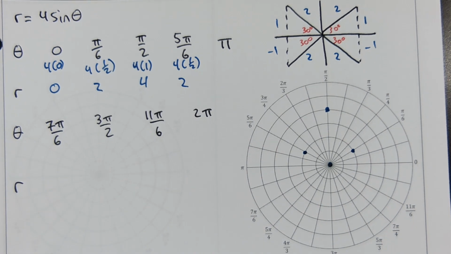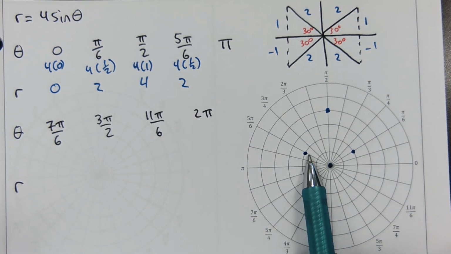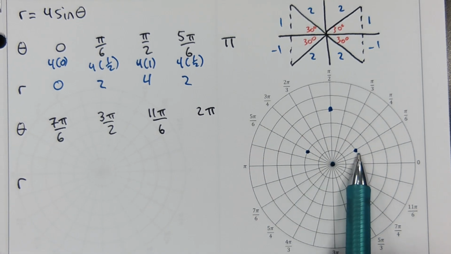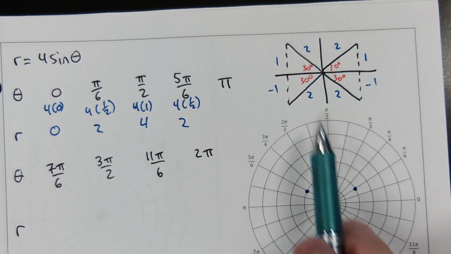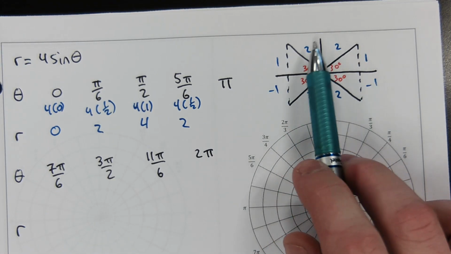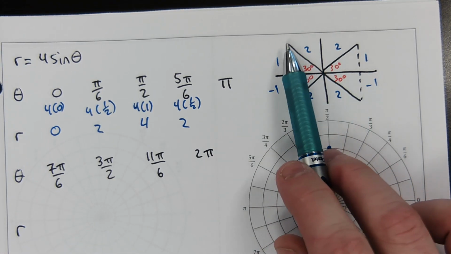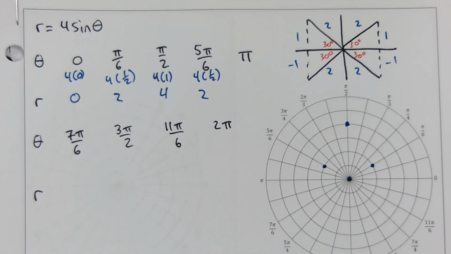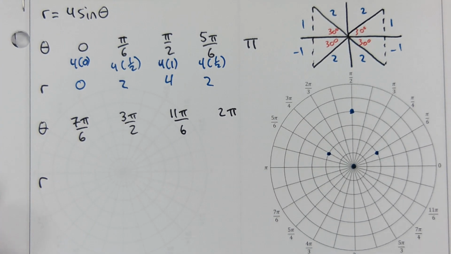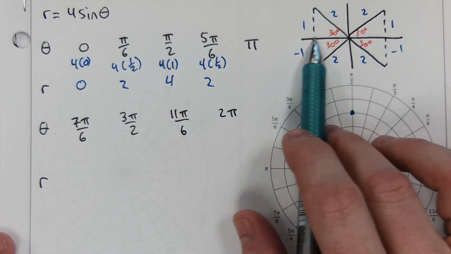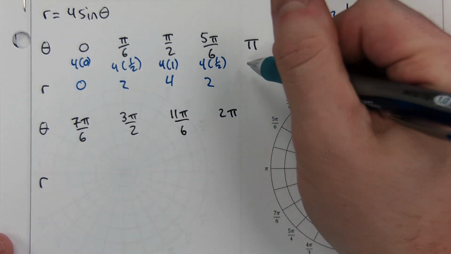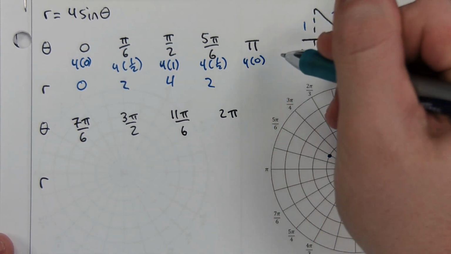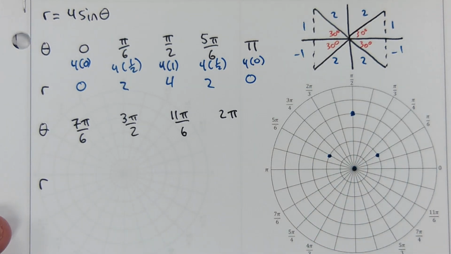It's not an accident, or coincidence, that that coordinate is a reflection of that coordinate, because around the unit circle those 2 dots would have been reflections of each other. Does that make sense? Okay, cool. And at pi, sine of pi, once again, when you're on this horizontal axis, you have no y value, so sine is 0. So you've got 4 times 0 going on, which gets you 0 comma pi,